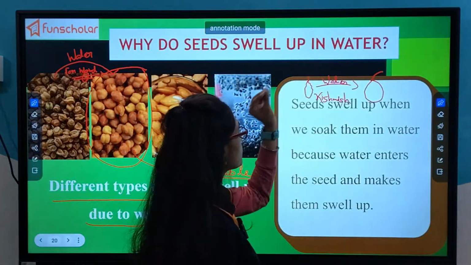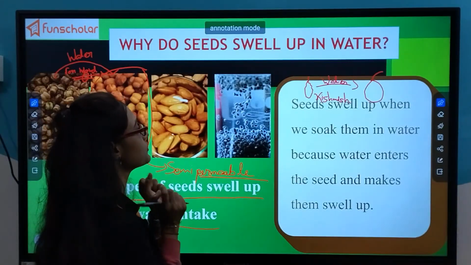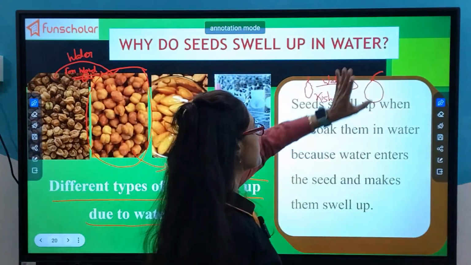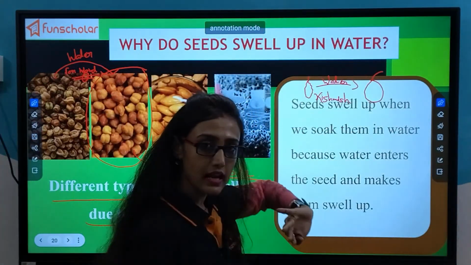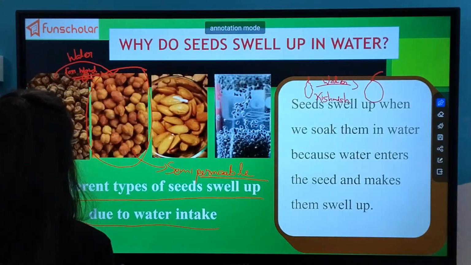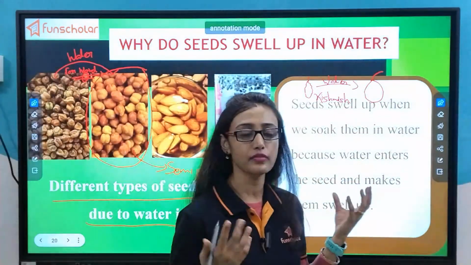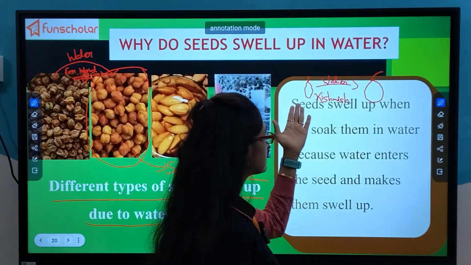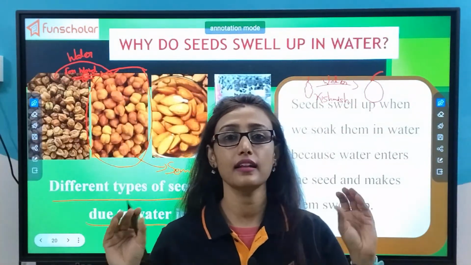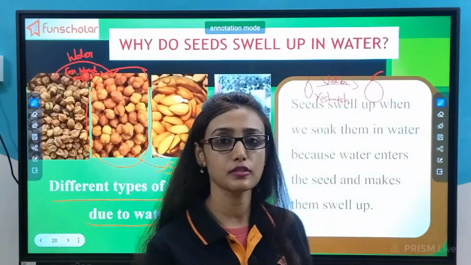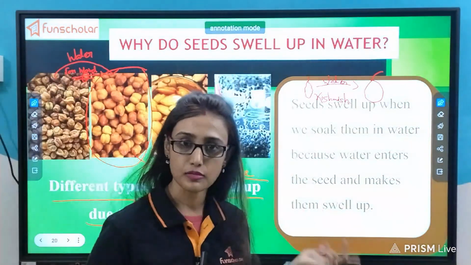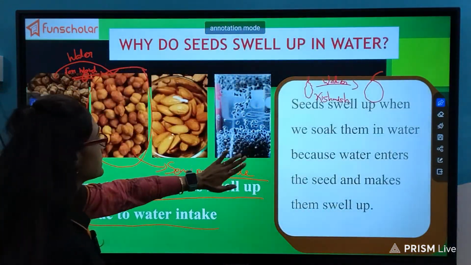Okay. See, the kishmish was rough and filled with wrinkles before it was kept in water. After one night, what happened? Water entered inside the kishmish and it turned into a smooth layer and into a swollen, juicy, watery kishmish. Once you eat the dry kishmish and once you eat the kishmish soaked in water, you will clearly understand the difference. When you eat the kishmish dipped in water for a long time, it will taste better than the dry kishmish. Okay, see that this is how water is entering.